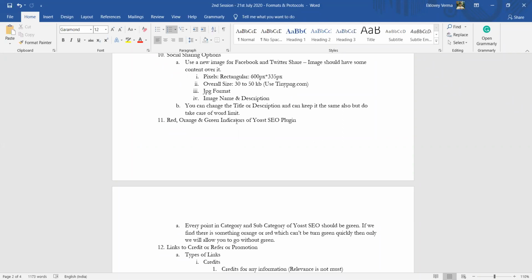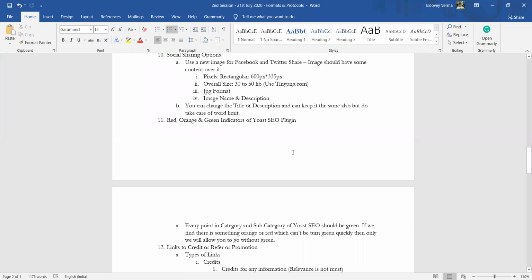सो आपने ग्रीन रेड ऑरेंज के बारे में पढ़ा होगा जब आपने योस्ट एसईओ का कोर्स करा होगा, योस्ट एसईओ पे जाके, जो मैंने आप लोगों के साथ शेयर करा था। अगर किसी ने नहीं करा तो आप करोगे और इसके बारे में अच्छे से पढ़ोगे। सो गाइस आपको क्या करना है? आपको सब कुछ ग्रीन रखना है, बट क्या वो पॉसिबल है, प्रैक्टिकल है? सो उसके रिगार्डिंग हमने एक स्टेटमेंट दी है अपने साइड से जो आपको समझानी है।